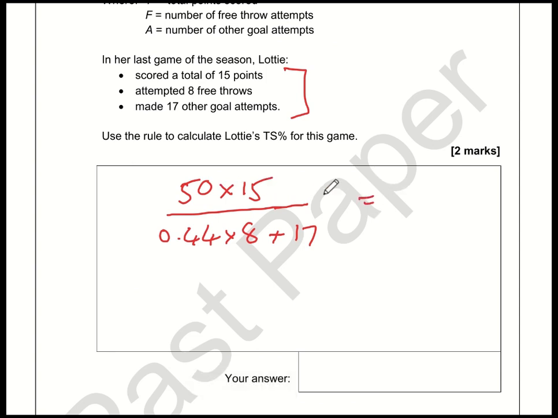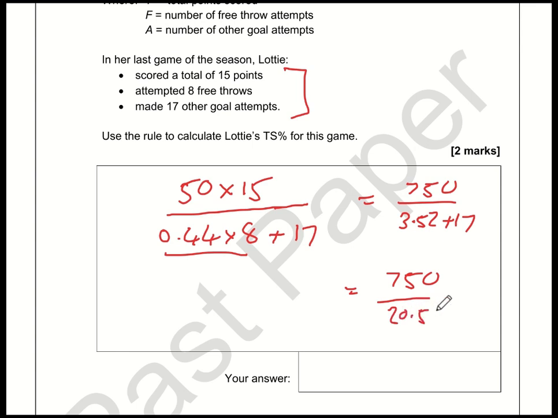So 50 times by 15, that is 750. Be careful with the BIDMAS here, we need to do the 0.44 times by 8 first, and that is 3.52 plus 17. So that will now be 750 on the top and 20.52 on the bottom. So if you prefer, just type this fraction with just one number top and bottom, or 750 divided by 20.52 will also work, and that will give us